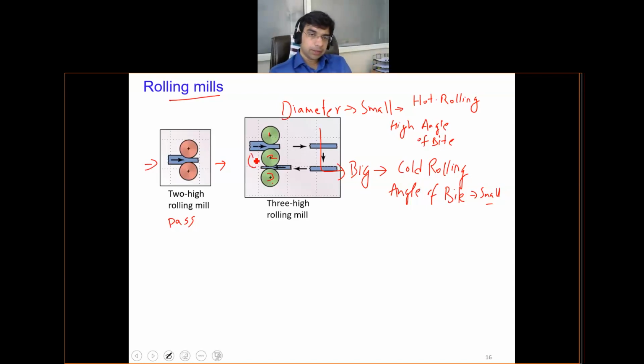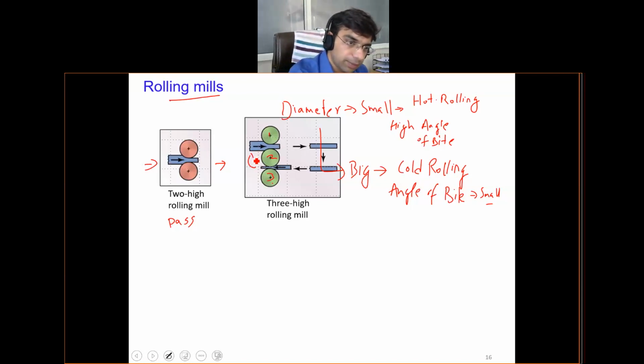Now there could be a question: why do we need a three high rolling mill when the same thing can be accomplished with a two high rolling mill? Always remember, while reducing the thickness of the workpiece, we also have to optimize the energy input in the process. You may be able to reduce the thickness with the two high rolling mill, but you will be expending a lot of energy, and there will be a lot of wear and tear on these rolls as well. In order to minimize those issues, we use the three high rolling mill, where we gradually go on reducing the thickness in different passes.